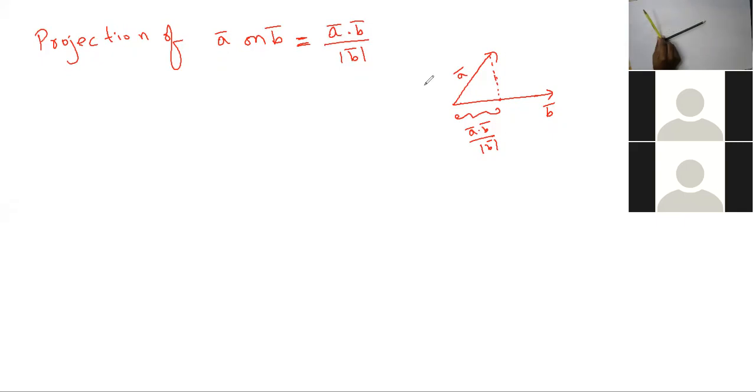So that means if you consider these vectors as free vectors, then you can keep one vector in one place. You can move the other vector such that both of them are co-initial vectors. Both of them are starting from the same point, right? And then you can see that both vectors are coplanar. That means any two free vectors are coplanar. Any two free vectors are coplanar. This is the important point. Any two free vectors are coplanar.